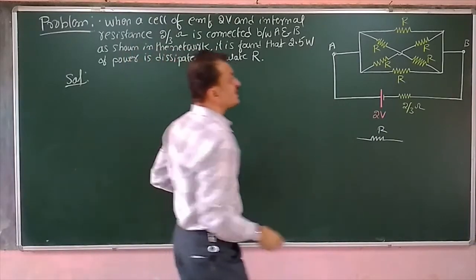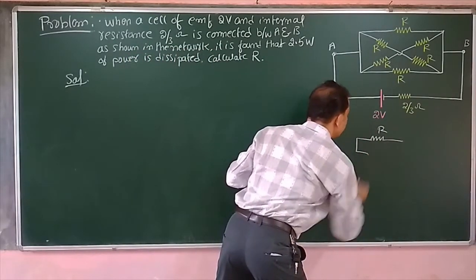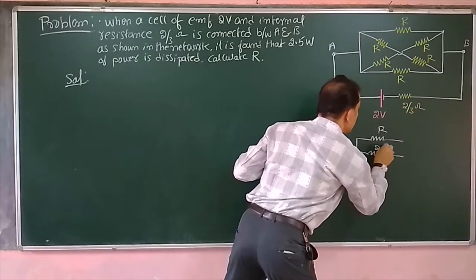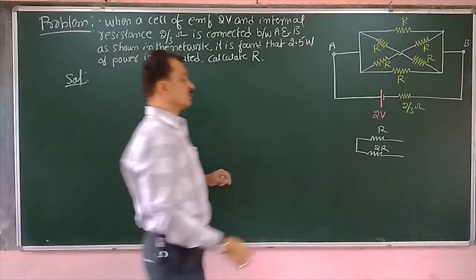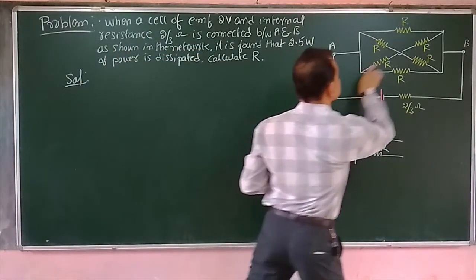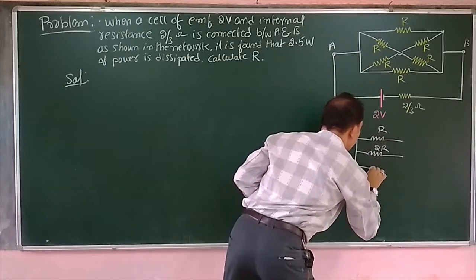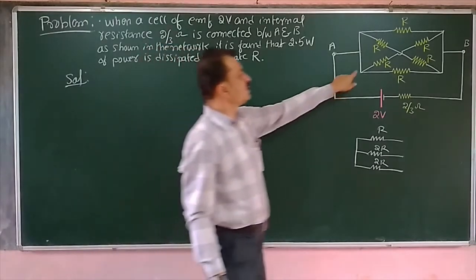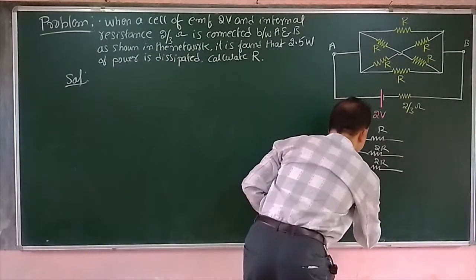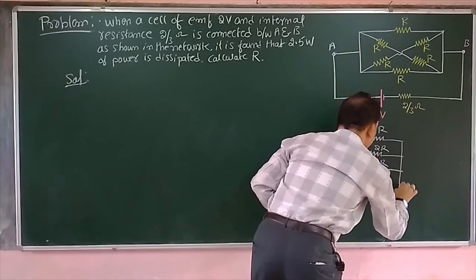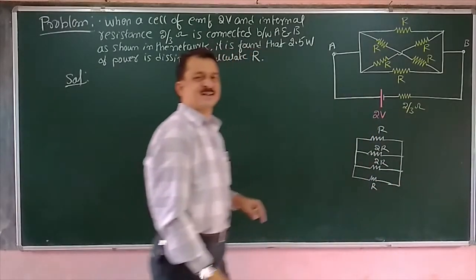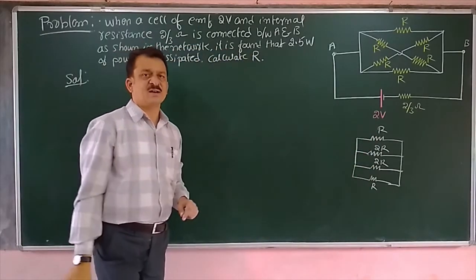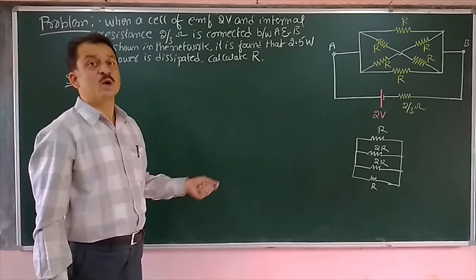Now I will rewrite the diagram like this. Now here along this diagonal I am having a resistor, it is a resistor of 2R. Now along the second diagonal we are having two resistors which are in series, their equivalent becomes 2R. And in this branch we are having only one resistor. Now the circuit reduces to this format. Now all these resistors, they are in parallel. Then we have to work out what is their equivalent.